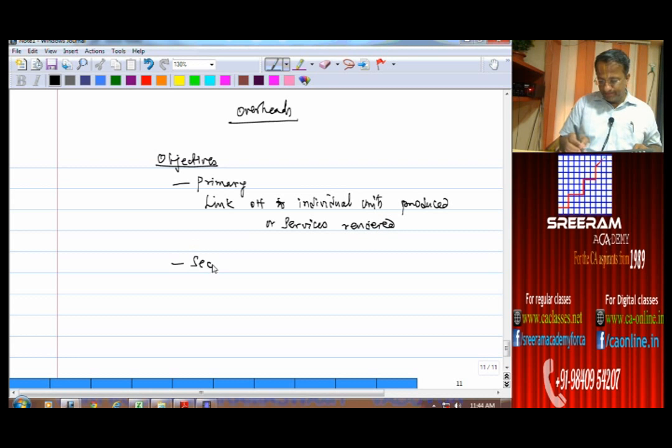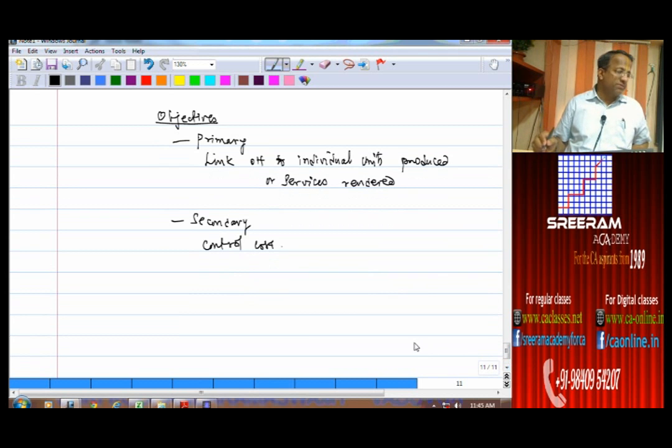Secondary: control cost. As part of achieving this objective, the steps that we are going to take up are,